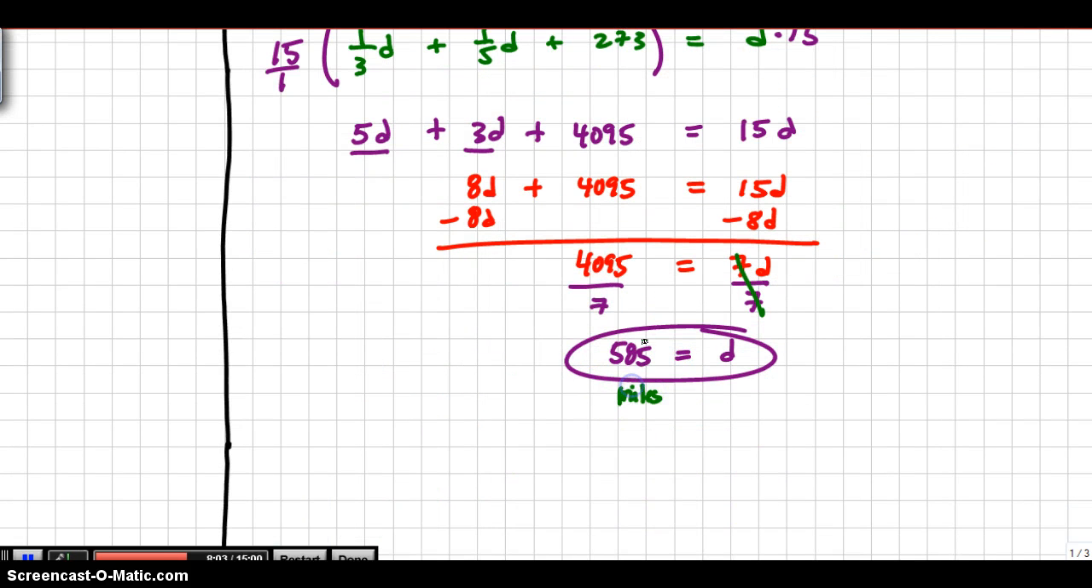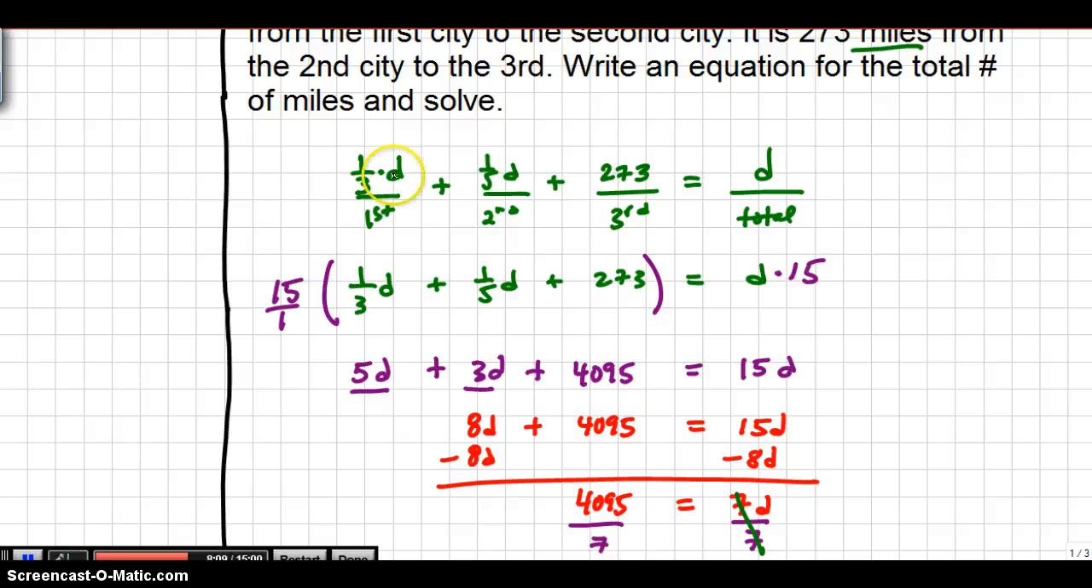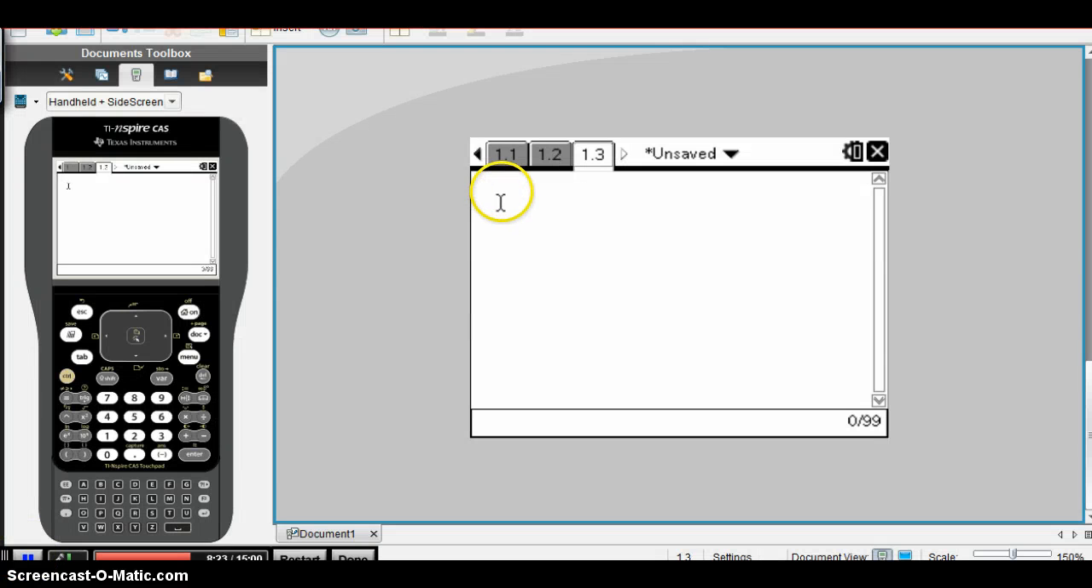The last thing students would want to do there is go ahead and actually check their work, especially if this were a test or a quiz. Plug in 585 back in your original formula here and see if the two sides are equal to each other. Let me go ahead and demonstrate the checking of the work just to ensure that students indeed know how to do that. So I've started a calculator page on my TI Nspire, and I'm going to say 1 divided by 3